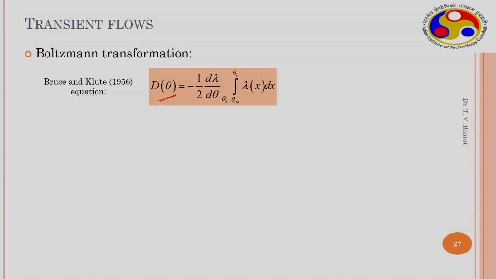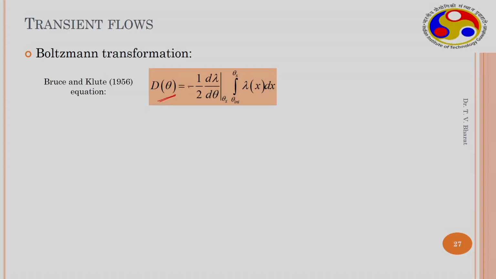Hello everyone, we have been discussing transient flows through unsaturated soils, to the extent where we can solve the exact formulation. We have an exact formulation for the transient flows. So, using the Boltzmann transformation, we can solve the theta form of Richards' partial differential equation, and we get an ordinary differential equation. Then when we integrate it, we get the equation for D of theta, the diffusivity.